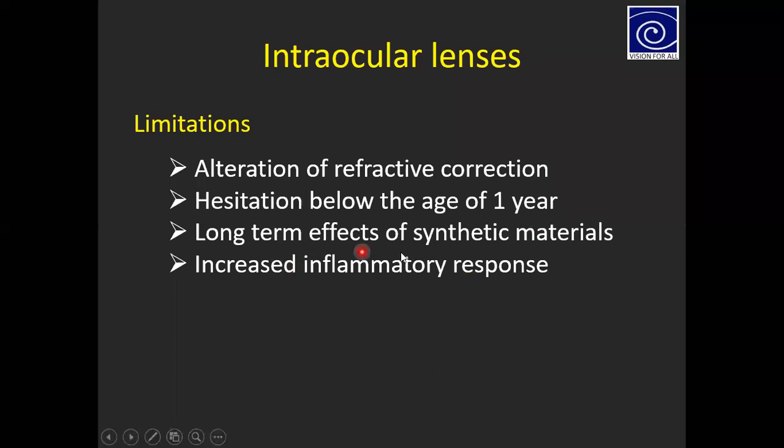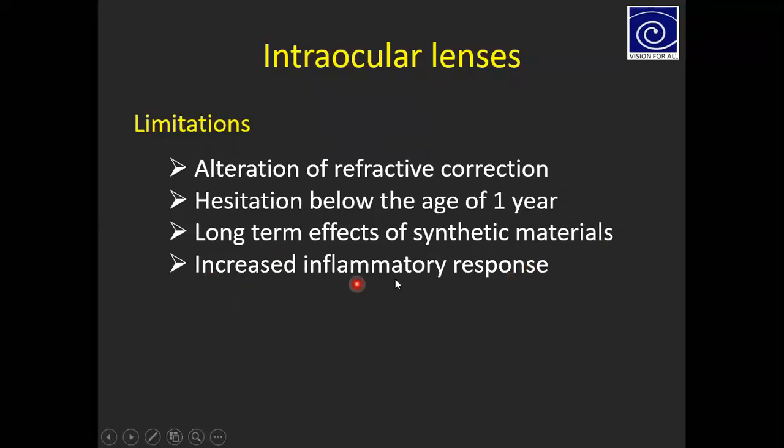We also do not know how the lens is going to behave, because normally we put intraocular lenses in adult patients who are already 50 or 60 years of age, and they might live the next 30 or 40 years. But in children, you're putting it in a very small baby, and they have to live their whole life with these lenses. So we are not very sure how those lens materials are going to behave after 20 or 25 years down the line. So if it is possible to delay the surgery, delaying putting in intraocular lenses, they normally prefer that.